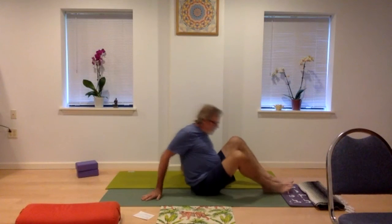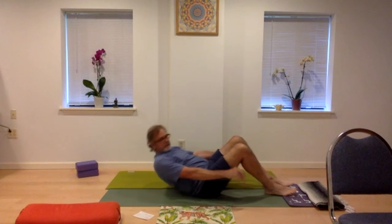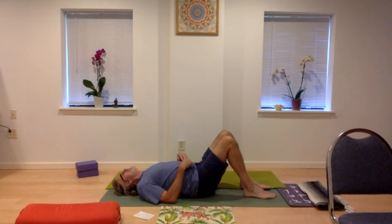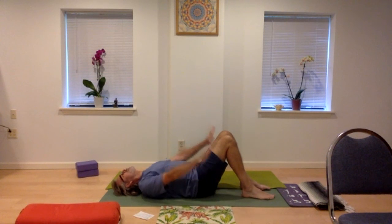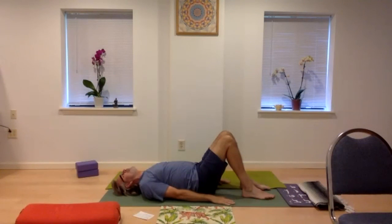So bridge pose requires us to lie down and bring your heels towards your buttocks. Your arms are extended and they're by your side with the palms down. And we just very easily